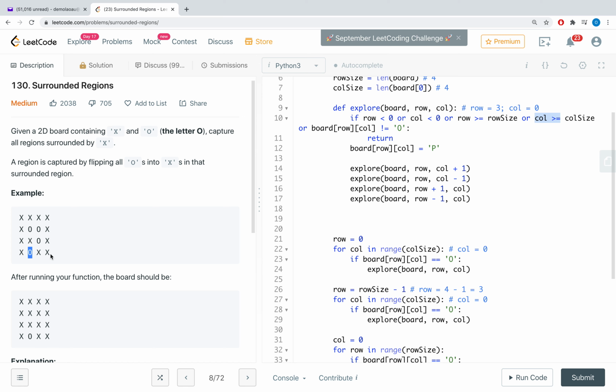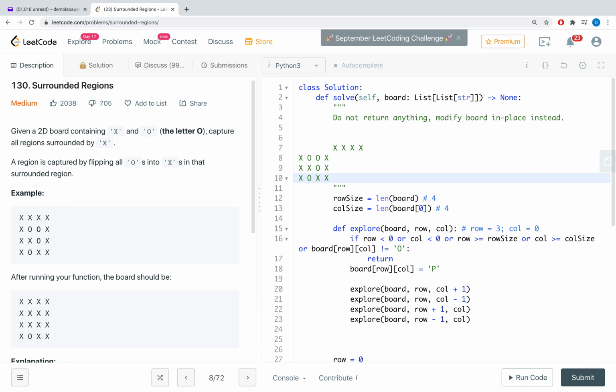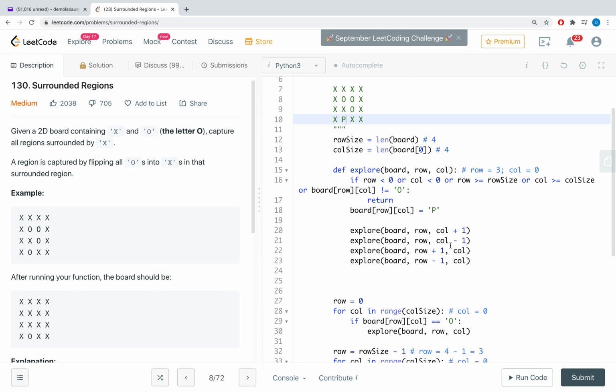So let me just copy this so that we can see how things move. So we can come in here and see the way our board is changing. So I put our board in here. So our board at this point in time, this turns to a P. So that's the state of our board. But then it has to explore. So column plus 1, that is